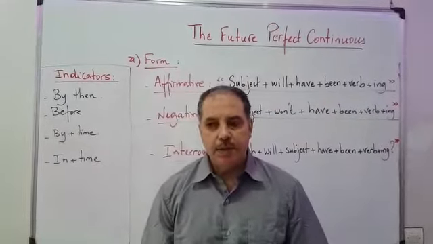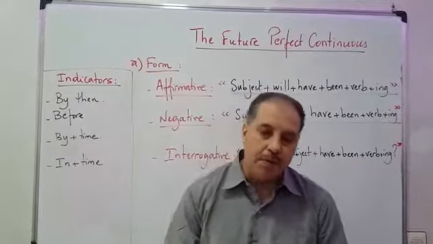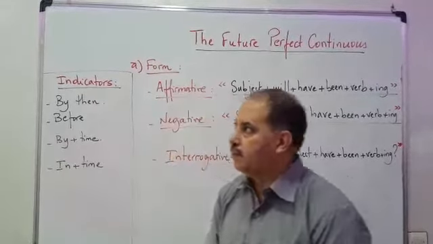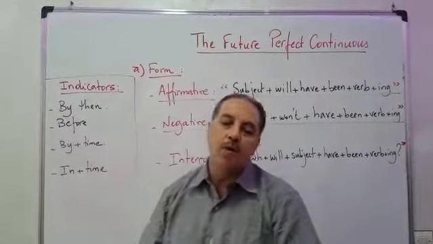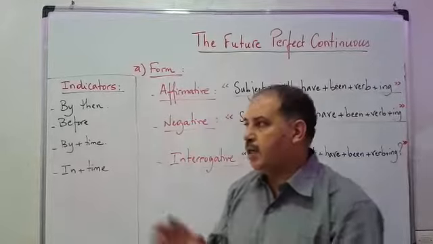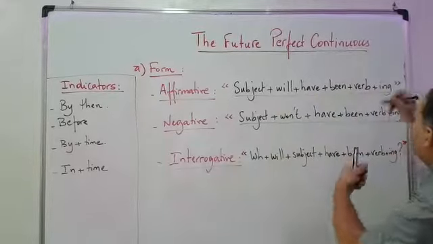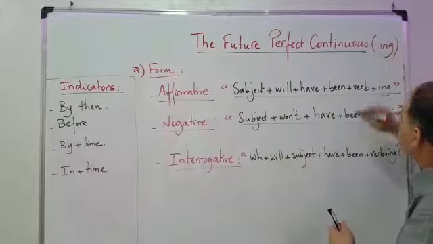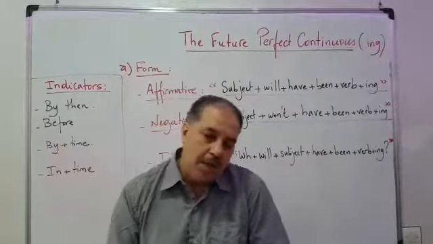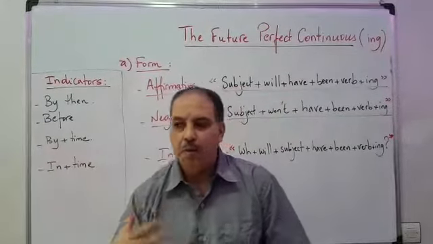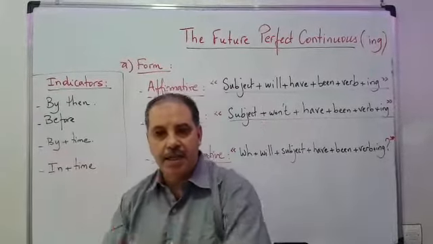And today's video is a continuation of my previous video concerning the future perfect tense. Today, as you may see here, it's the future perfect continuous, which we also call progressive. And I said in one of my videos, whenever you have a continuous, it means the verb is -ing, the verb is in progress. It means we need verbs of action like watching, playing, reading, all verbs that have action, that need a long time